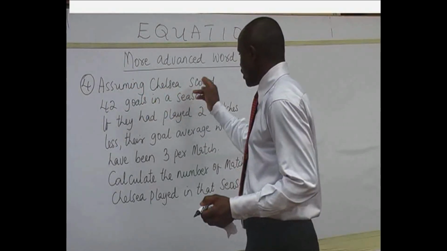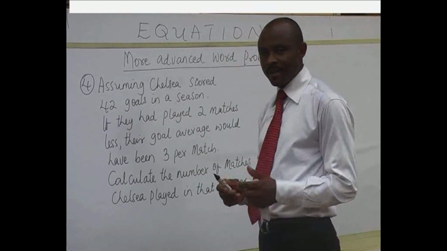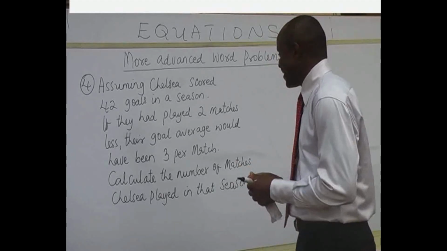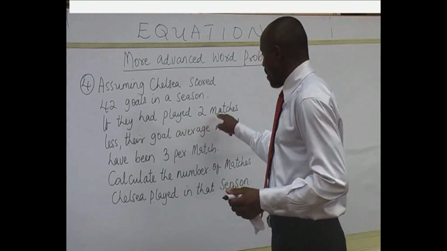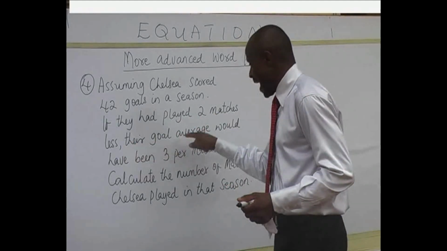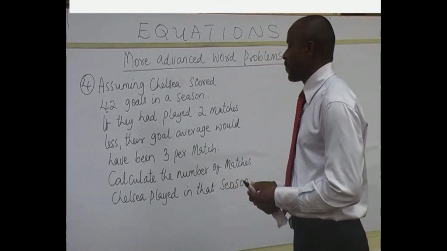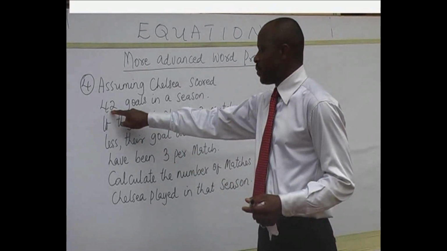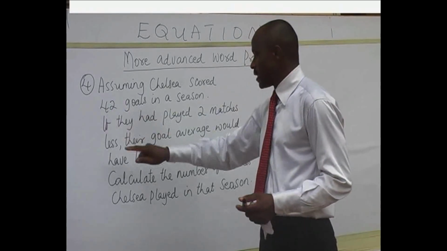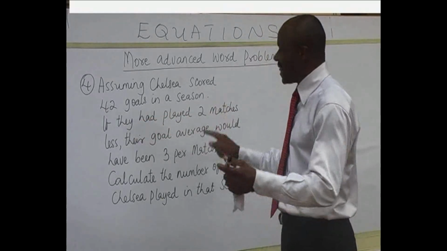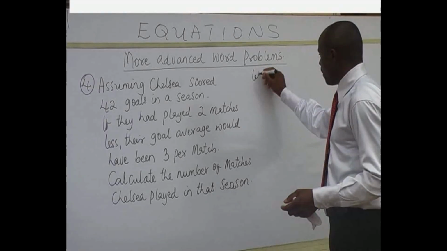Assuming Chelsea scored 42 goals in a season. Up Chelsea. If they had played 2 matches less, their goal average would have been 3 per match. In a season, assuming they scored 42 goals, and if they had played 2 matches less, first of all, let the number of matches they played in that season